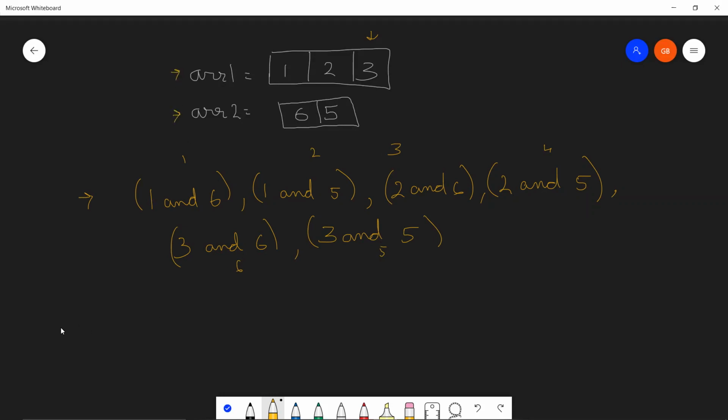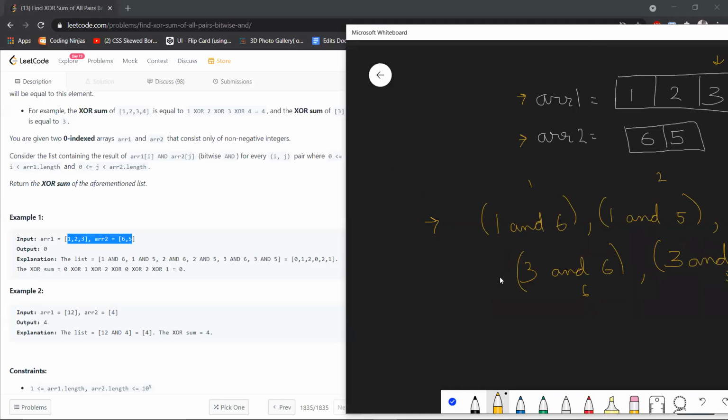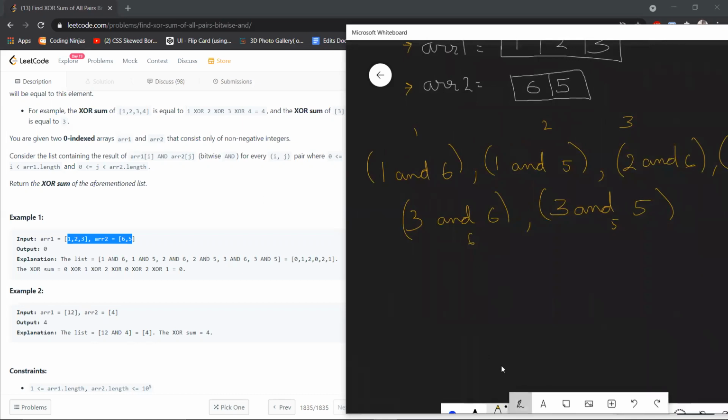Our next step is to find the XOR sum of this array. The XOR sum would simply mean we first compute 1 and 6, 1 and 5, and so on till we reach 3 and 5, and we compute the XOR of all the results. So let me just quickly see what result we'll be getting. The AND of 1 and 6 will give us 0.